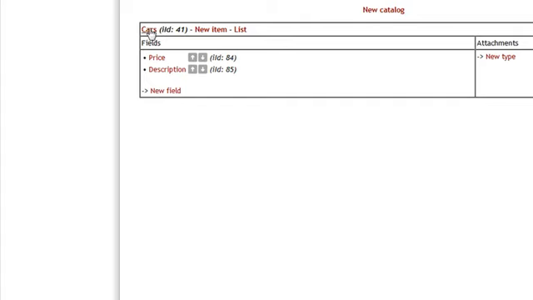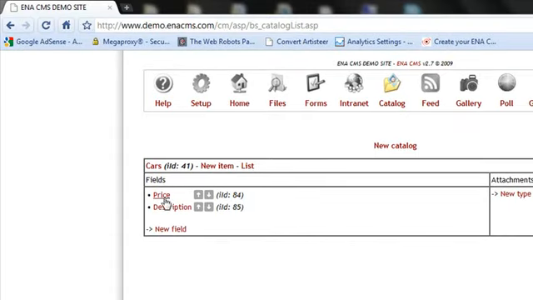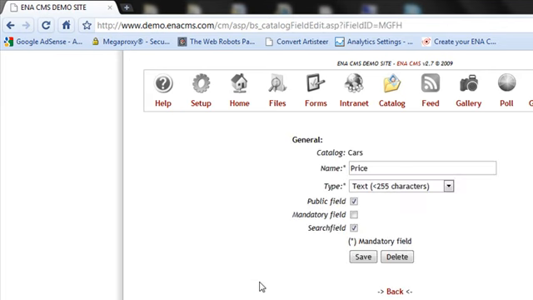now that we created the catalog, we have to create the fields, and you can create as many fields as you want. In this case, I only have 2 additional fields. Remember, the first field was the make and the model of the car. The second field, it's price, and the third one is description. Okay,